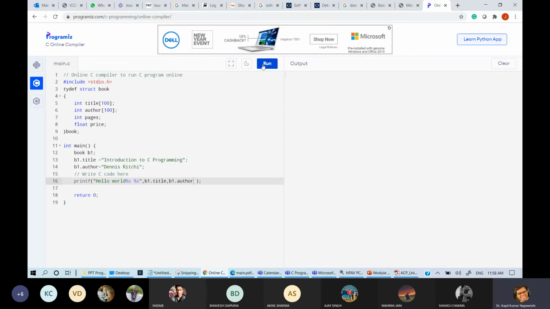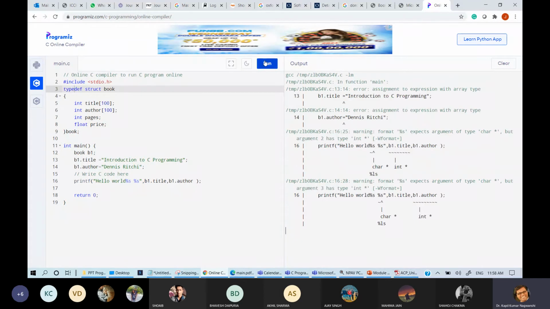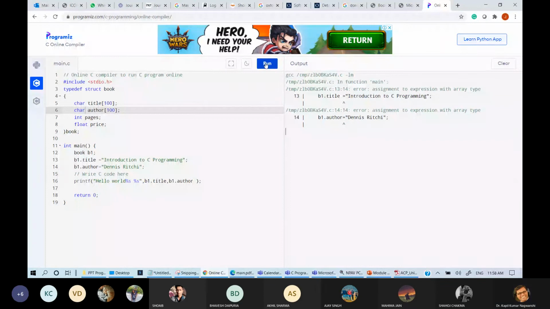So now you can see, yes, what is the problem? Typedef, typedef. Oh my God, blunder mistake. This is character and this is also character. Dennis Ritchie.